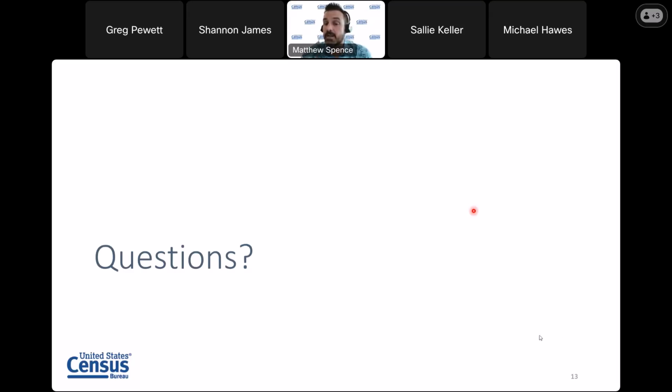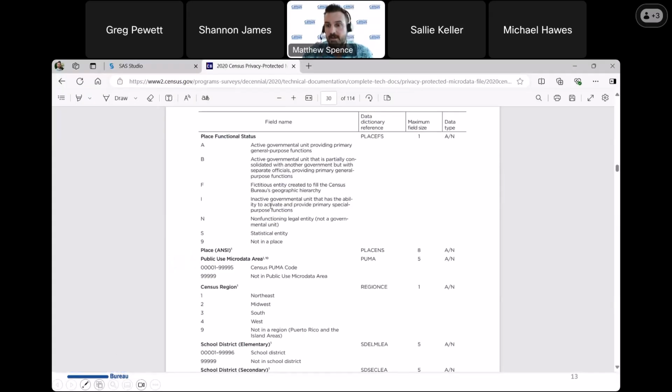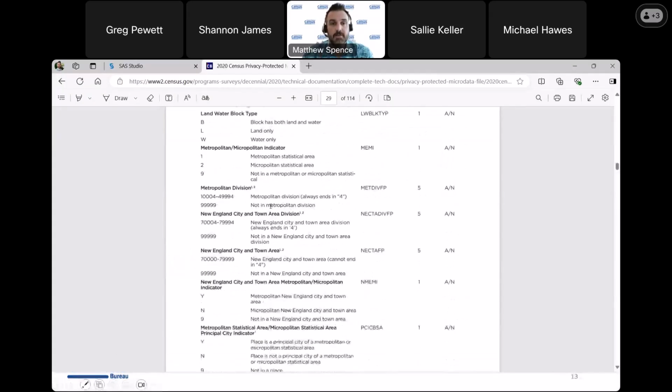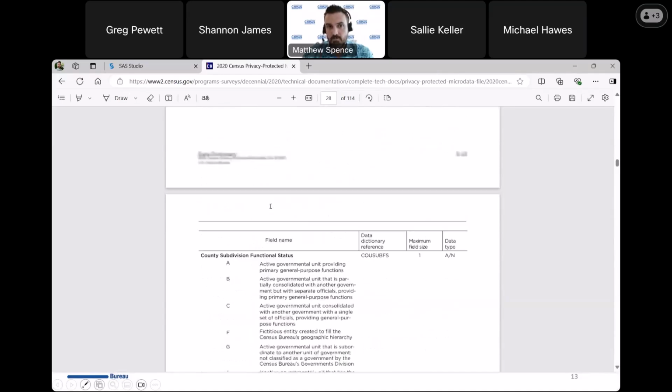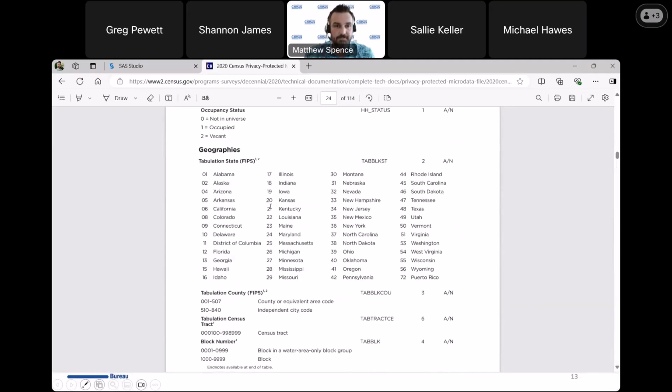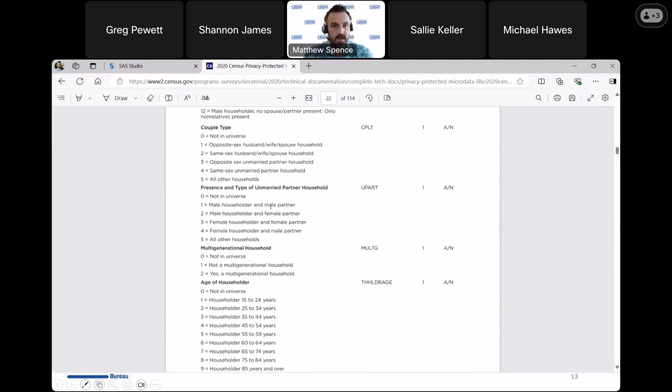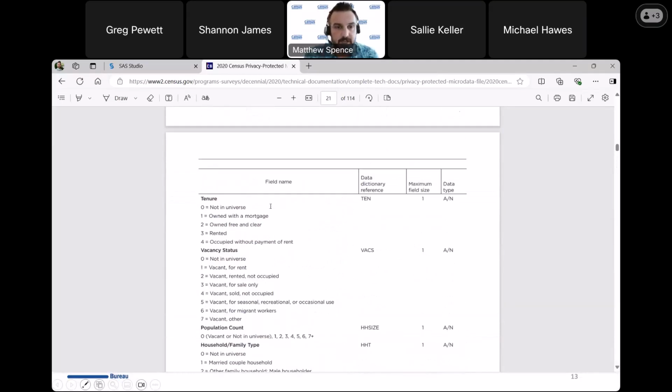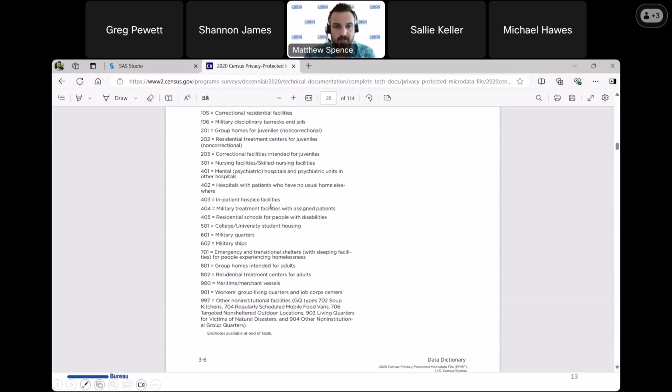One question, are there any value markers for unhoused individuals in the records? So let me go back to our thing here. Okay, so people who don't live in housing units would be considered part of the group quarters population. And that would include people who are unhoused, the unhoused population. So let's see. So here